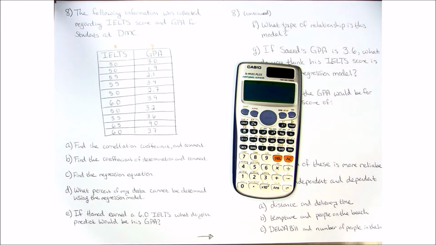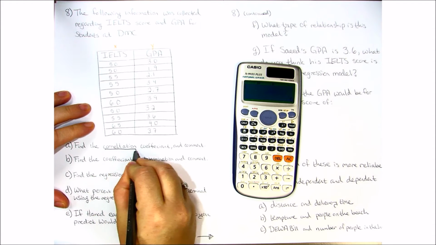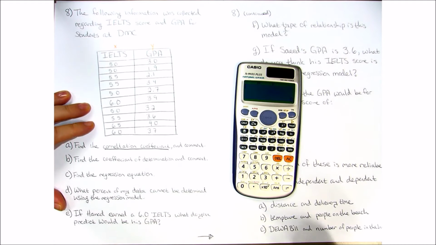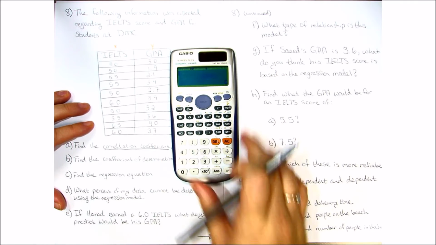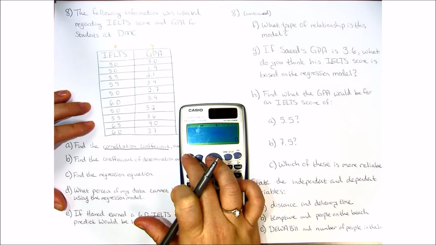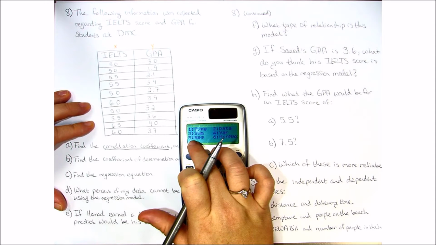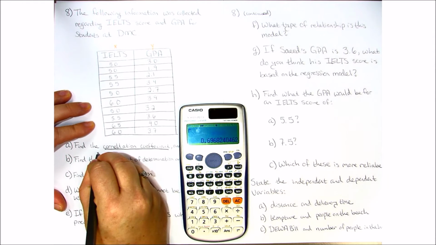Find the correlation coefficient and comment. Now, correlation coefficient, this is one of our vocabulary words. This is asking you for the R. So you're not doing R squared, you're just doing R. So if we set this up, we're going to do shift 1, and we're going to be doing regression in this case and finding R. And we find that R equals